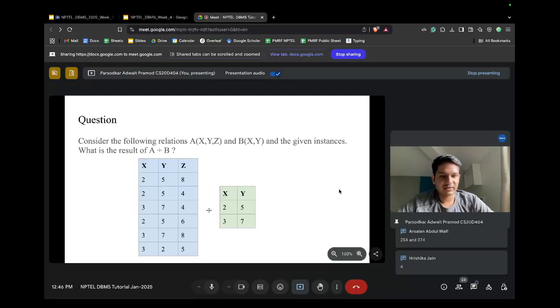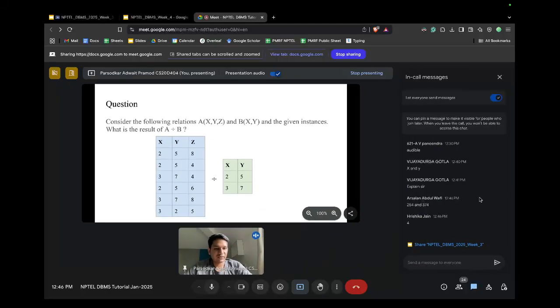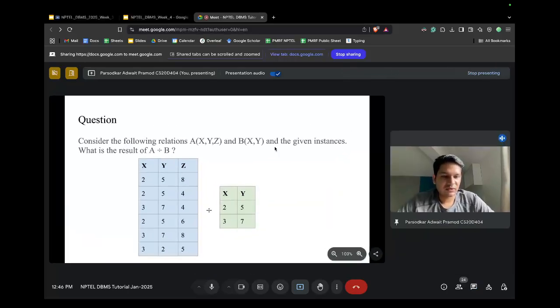Yeah, so 4 is again one possible answer. I can see that there's one answer which states 254 and 374. You're correct in the line of thinking, but the answer would not be 254 374, because we saw that the resultant table would be a table of attributes that are present in blue but not in green. So that is only one attribute, that is Z. I hope that clarifies that it is not 254 and 374 but only 4 that should be present